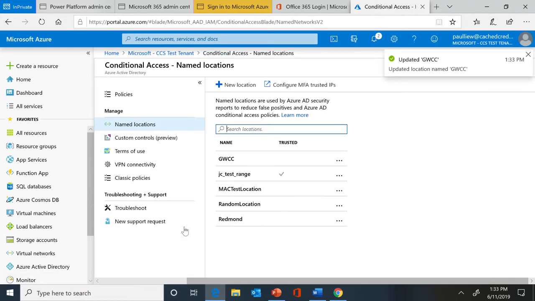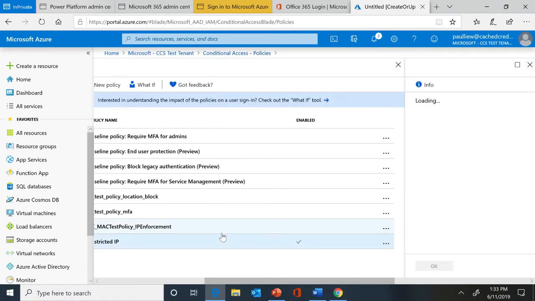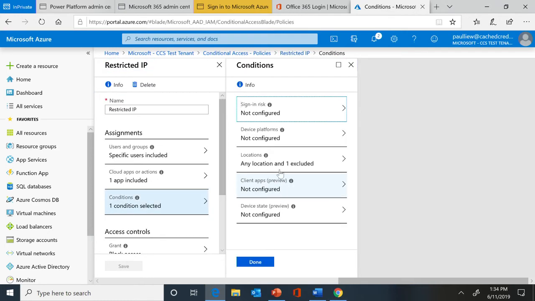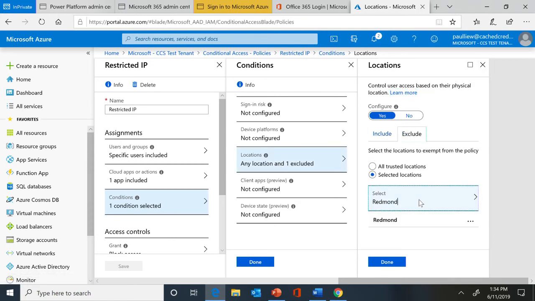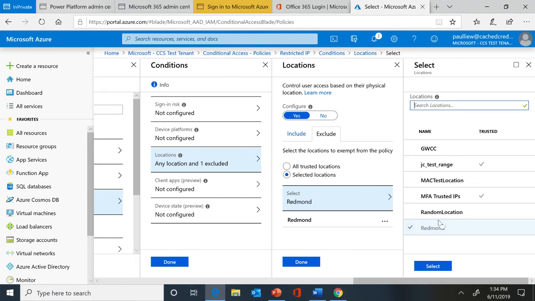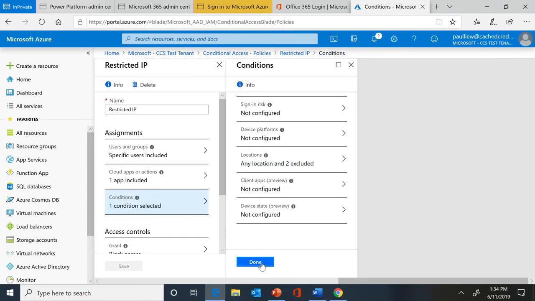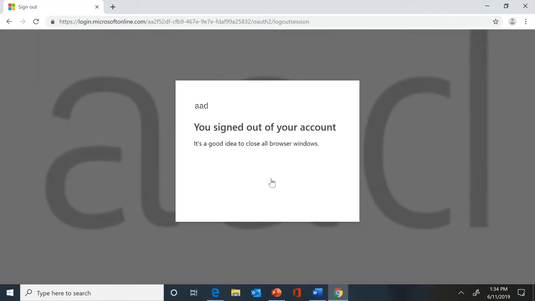And now what I want to do is go to my policy and include that location or exclude. So now when Mary logs back in,